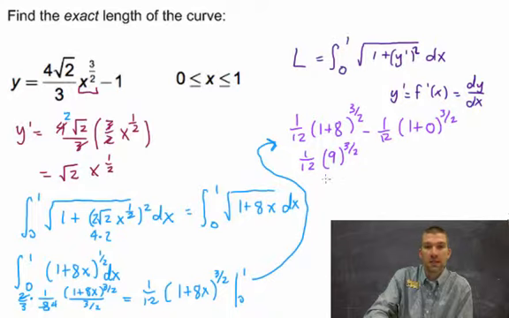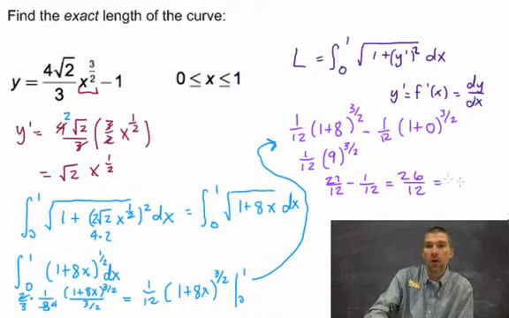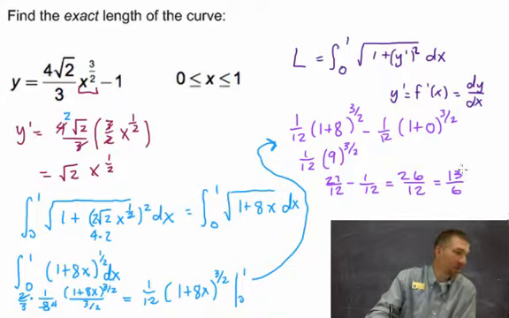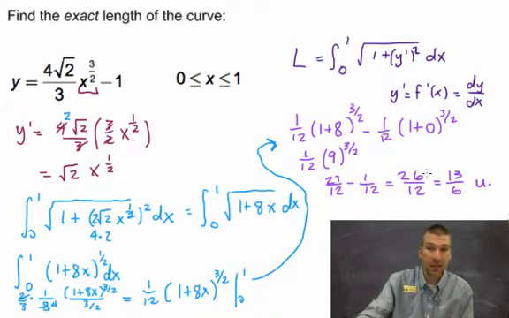3 cubed is 27. So 27/12 minus, and then 1. So 1/12. And that's going to give us 26/12, or 13 over 6. And that's the exact length of the curve, 13 over 6 units, whatever we're talking about, okay? That's it. It's not too bad. And if you punch it into your calculator to double check, you'll get whatever 13 divided by 6 would be